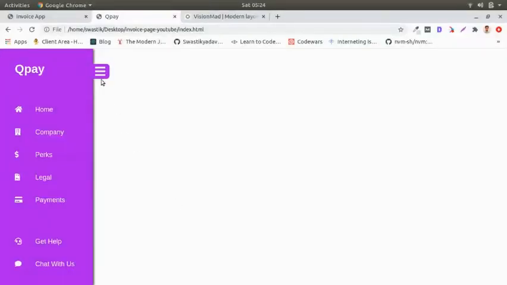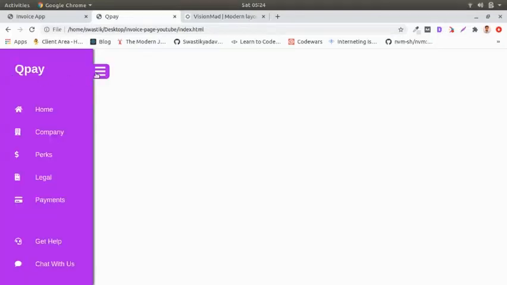And now if I say this, you see it's gone, it's moved 250 pixels to the right, and as it is not in the normal flow of the page, the rest of the page is completely fine, there is nothing wrong, you see. And that's how you design a checkbox sidebar toggler.